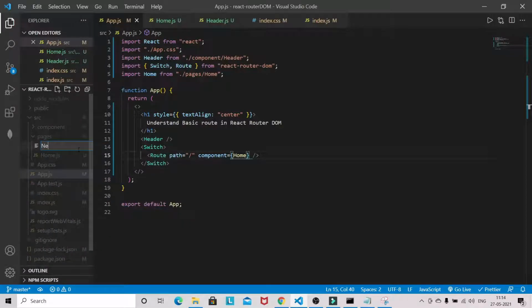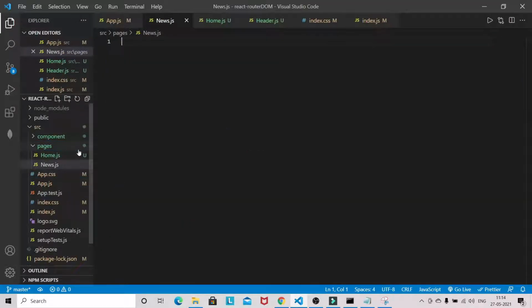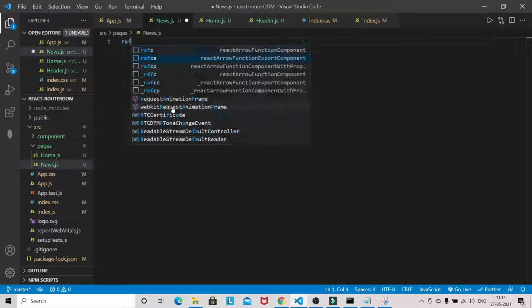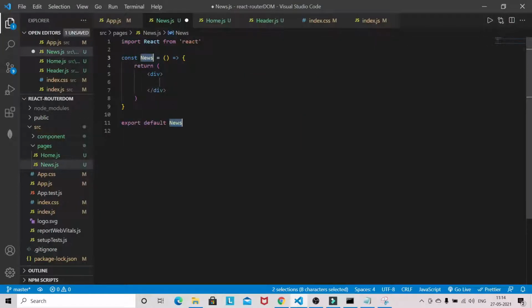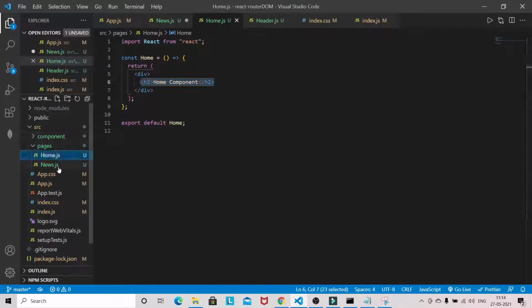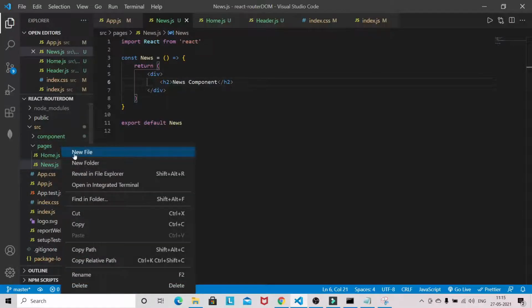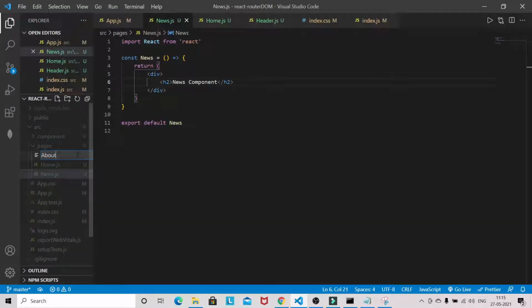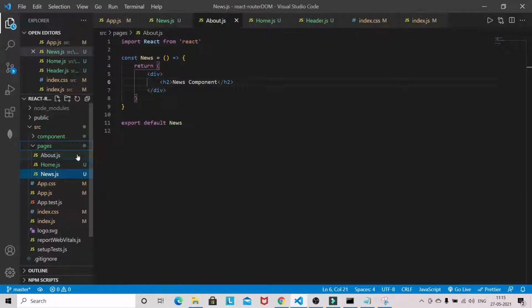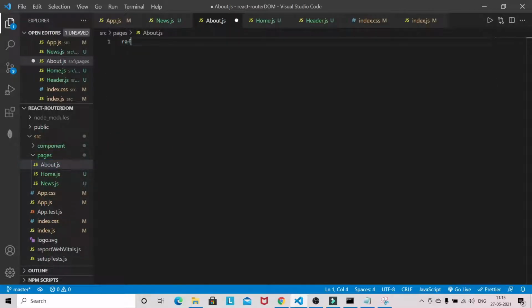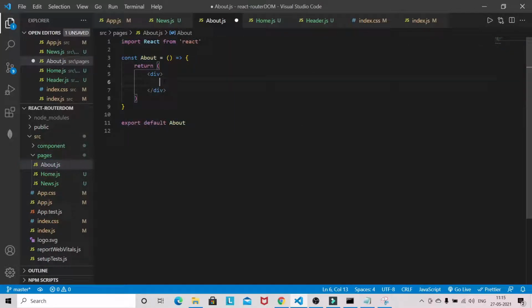News.js, RFC. I will just copy this one and only change this, typing news. Likewise, I will create one for about, and I'll just copy.